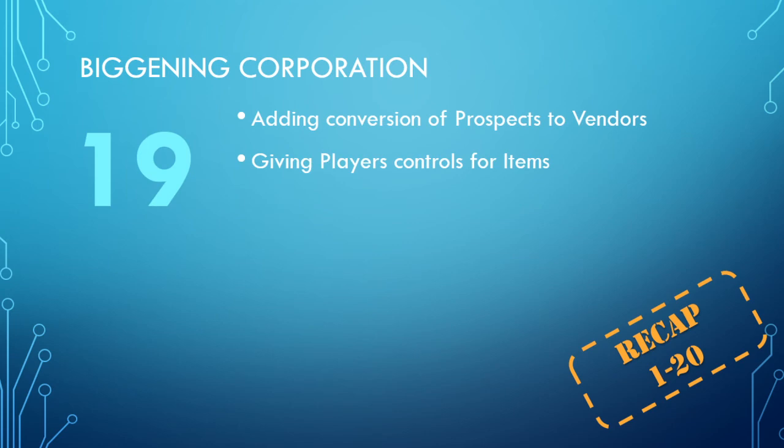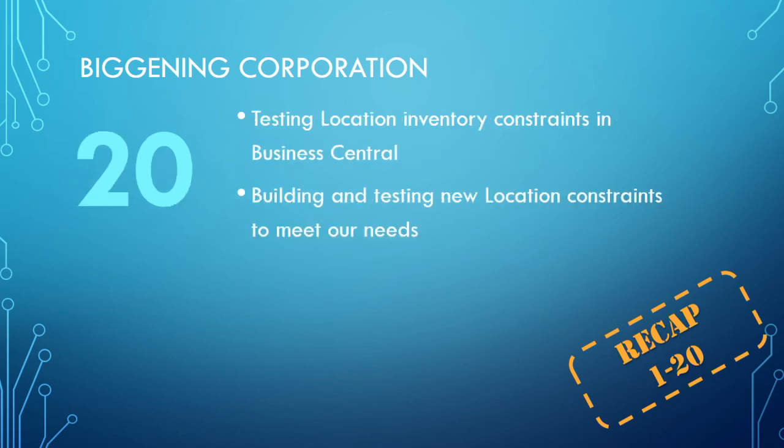In our 19th episode, we needed to make functionality to convert those prospective vendors over into vendors themselves, along with populating the setup tables that we will want to have for items and which vendors sell which items. Speaking of, we also wanted to give players some control over the target supply level that should be kept on hand of items. And today, in our 20th episode, we tested out location inventory constraints, looking at the maximum cubage